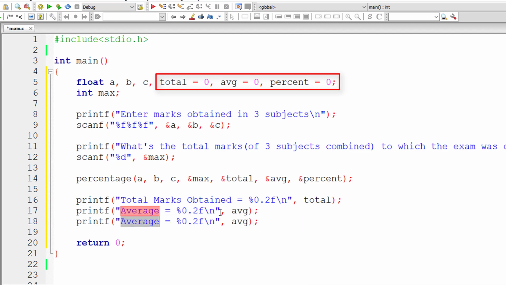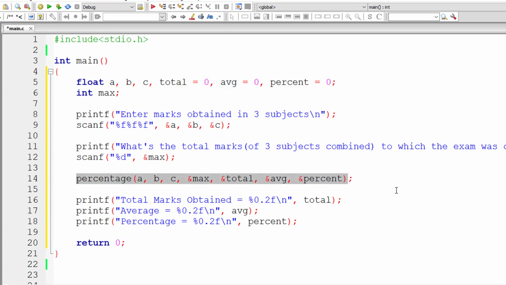Now I'll print the percentage, the value of which will be stored inside the variable percent. I think that's all we need inside the main function. Now we need to define the user defined function, that is percentage.